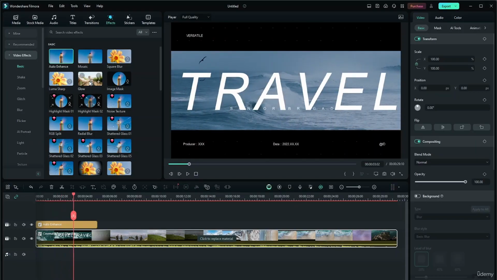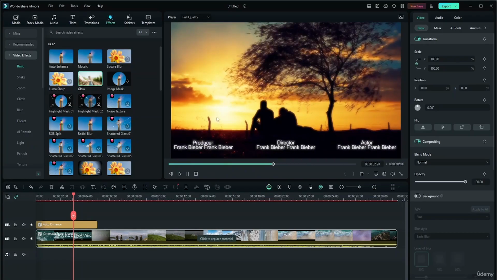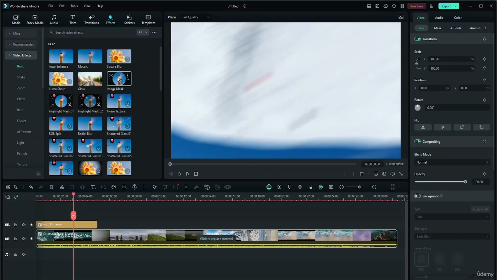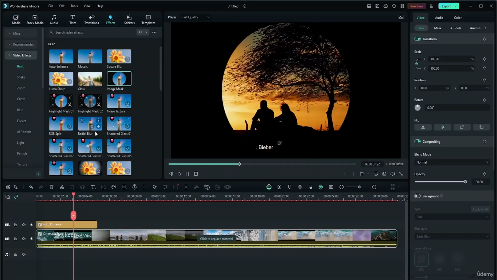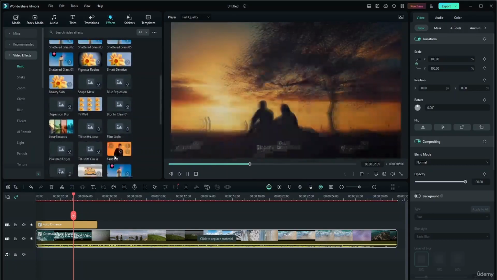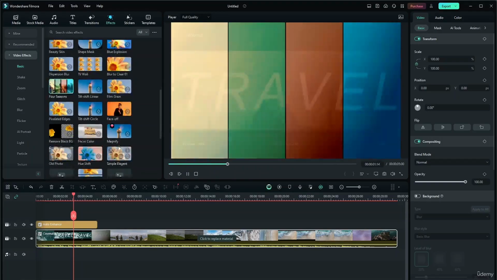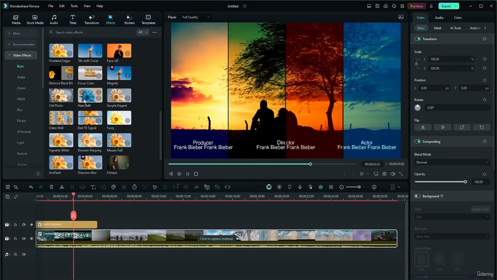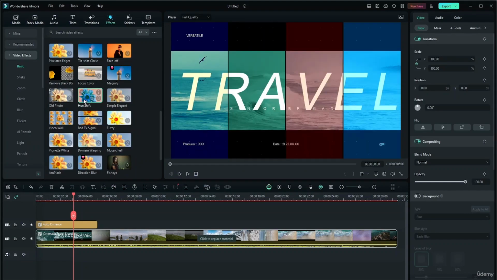So it will be working as a layer. I can also apply a bit of glow. You can see. And if I want image mask, I can also apply that. Just click on each and every one of them to get a preview. Now let's say I want 4 seasons. If I say I want hue shift, I can also apply that. And obviously you'll be able to customize each and every one of them, so you don't have to worry about it. So as I clicked on hue shift,